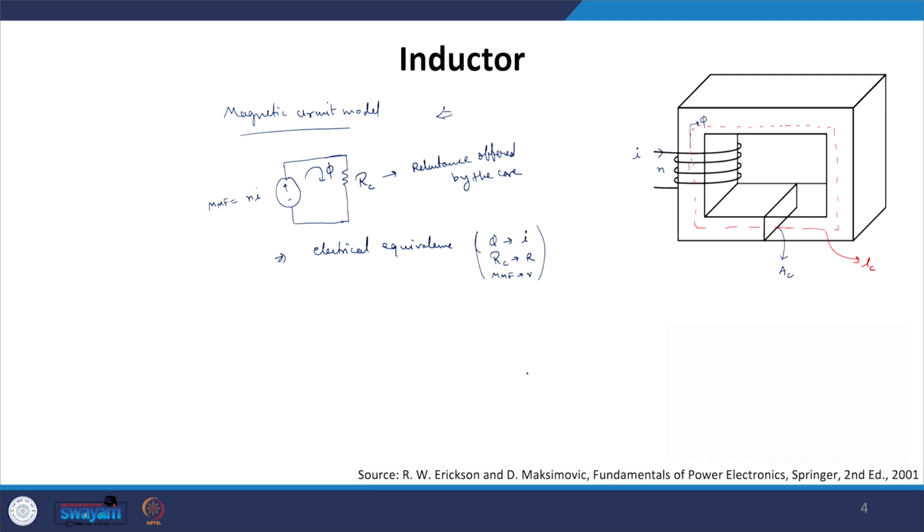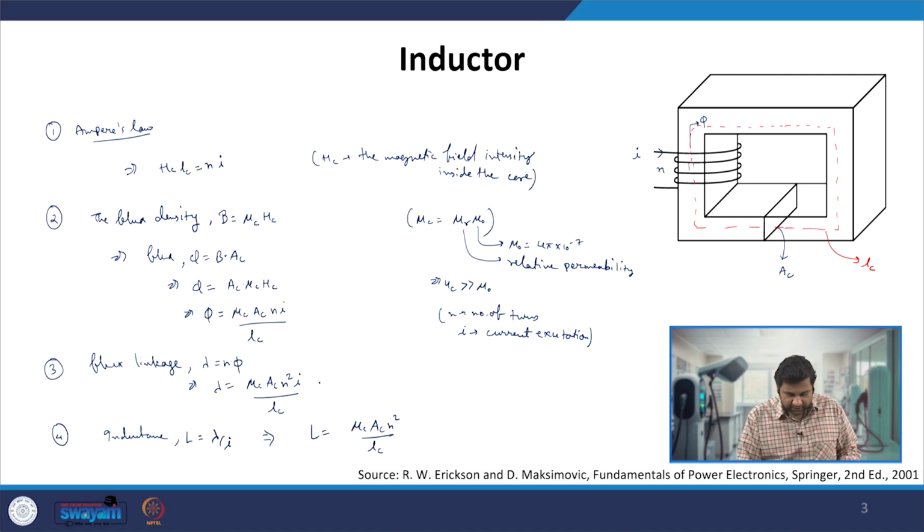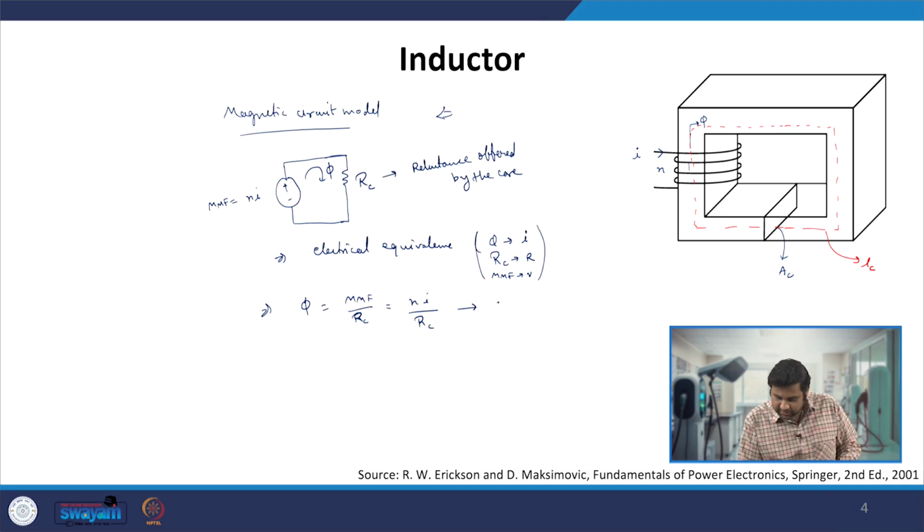This is the electrical equivalence. So, then we can simply write flux phi is nothing but MMF by reluctance of the core, which we can write as MMF, N I, by Rc. Now, in the previous slide, let us take this as equation number 1 and this as equation number 2. So, from 1 and 2